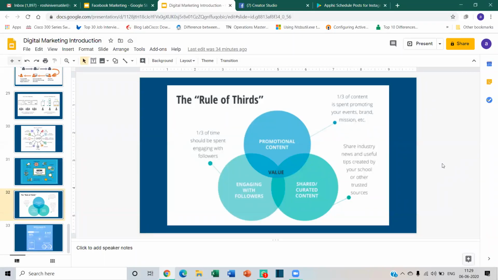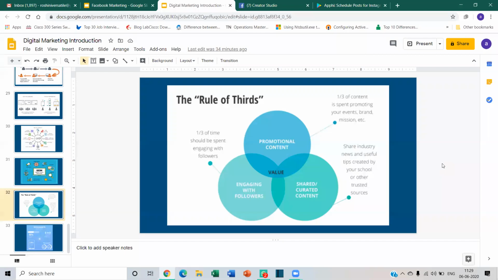And finally, you should also share some industry news and useful tips created by your school or other trusted sources. That is also something you have to do. So when you're preparing content, always make sure that you do not spend only on curated content, only on sharing knowledge. You should also have some engaging content and some promotional content.